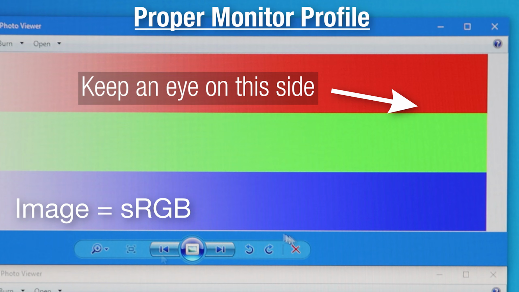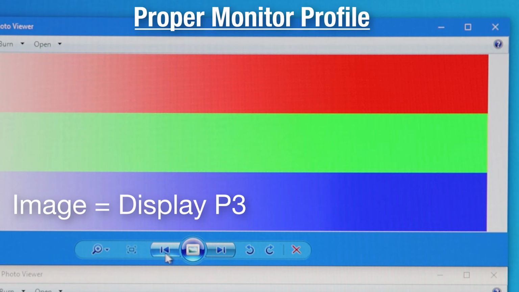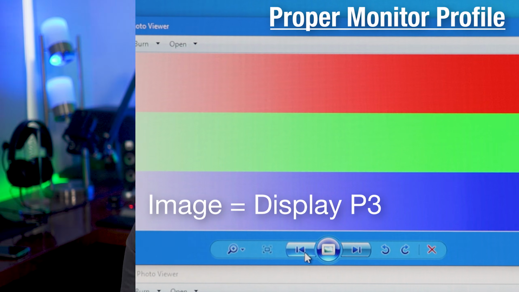You wouldn't think anything of it. But if you go to the Display P3 one, you can see that it's now way more saturated. And that's because the embedded profile said, yes, I want 255 red, green, and blue, but in the sRGB gamut, which is not as saturated as 255 on the Display P3 gamut, or color space, I should say.